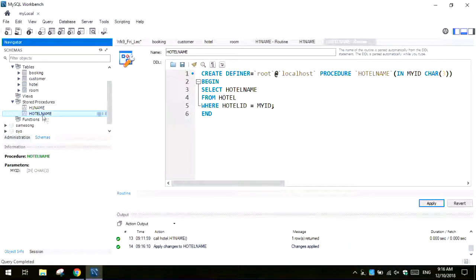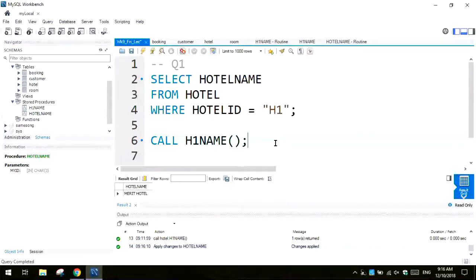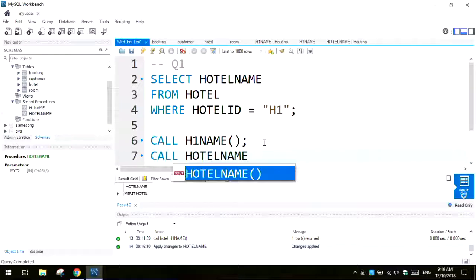Okay, and here a stored procedure is created. How to run this stored procedure? So like the first one, but this time we have input. Unlike the first one with no input, we will have an input. So I call the stored procedure like call, and the name is hotel name. But this time between the parentheses, I'm going to give an input. For example, H2. Okay, and H2 is a character, so I should have double quotes. So when I run this statement,